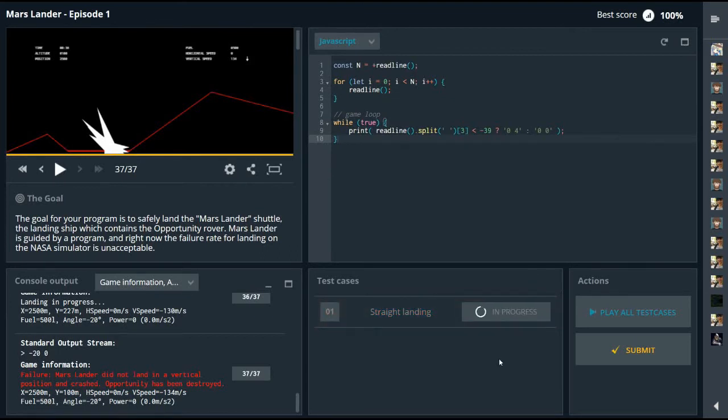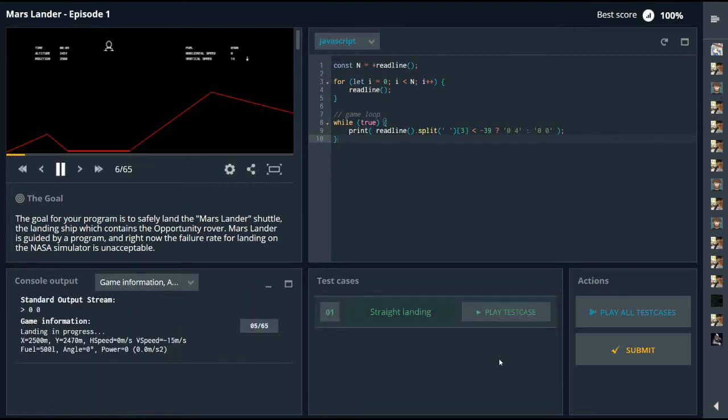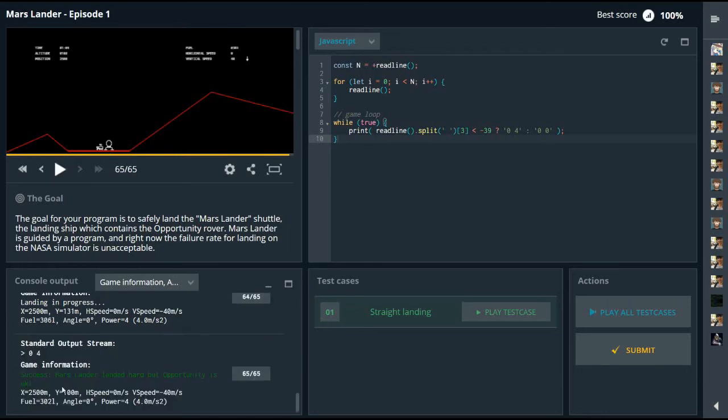Let's see how it works. Mars Lander landed hard, but Opportunity is okay.